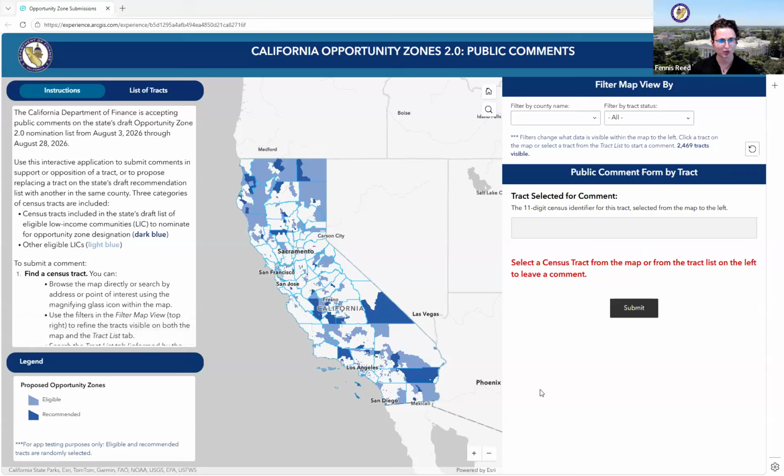here, with four major features for you to explore. First is going to be this instruction pane on the side that tells you exactly what you can do with this application and how to do it. There's a legend down below highlighting some of the different colors and symbols that you will see within the map. Right now, there's two different shades of blue reflecting eligible opportunity zones and also those that we've put forth as